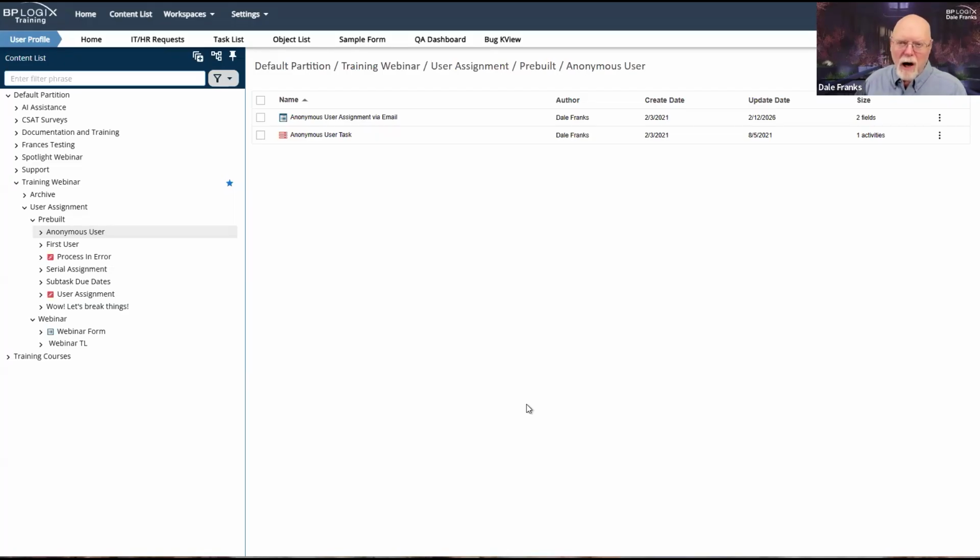Because it's not uncommon for higher ed institutions to have their faculty inside Process Director, but to have their students all exist outside Process Director because they don't want to have to manage 40,000 accounts. That is not to say that all higher ed institutions do it that way. There are some higher ed customers who include all of their students as Process Director users.